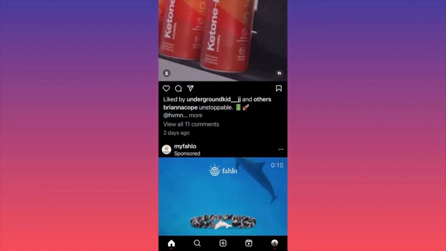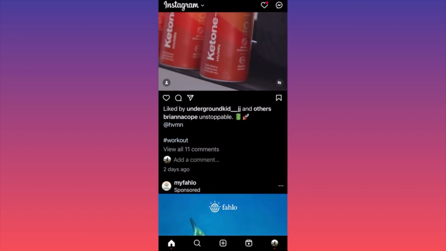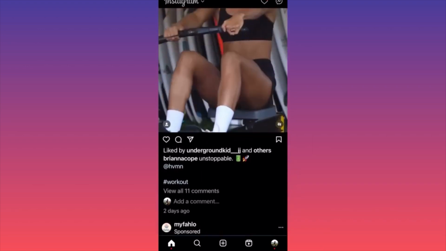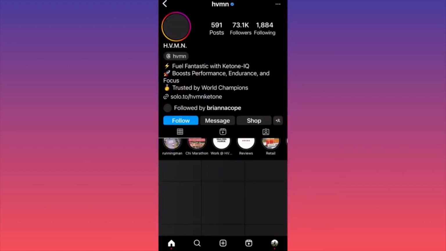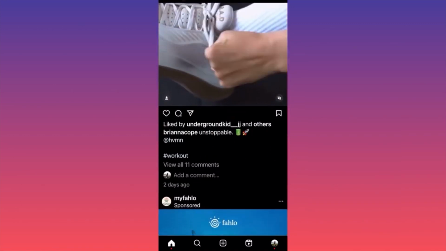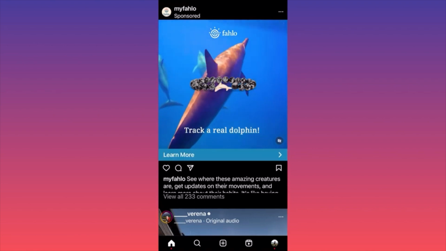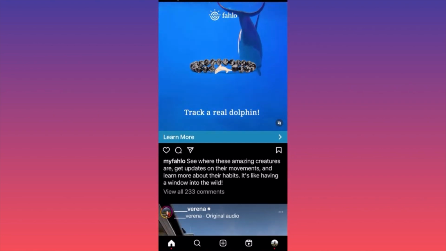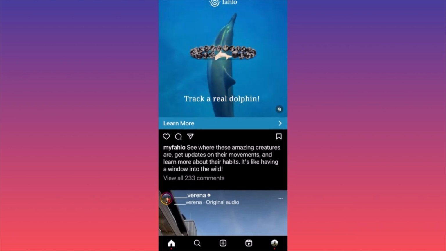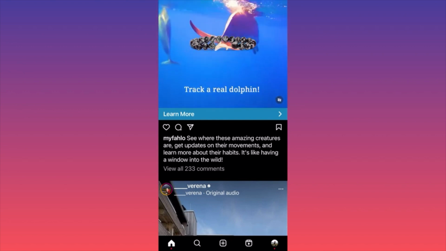And if we scroll down, let's take a look at how people are actually structuring their posts. As you can see, only one hashtag. You have one emoji, which is the rocket, and another one, which is the battery. This is most likely another sponsored post, because you see a lot of branding. If you click over here, this is a brand. I don't know what this brand is, but obviously this is branded content as well. Look at this sponsored video. It has over 200 comments. What this video is telling you is that you have simply 2 sentences, no hashtags at all.